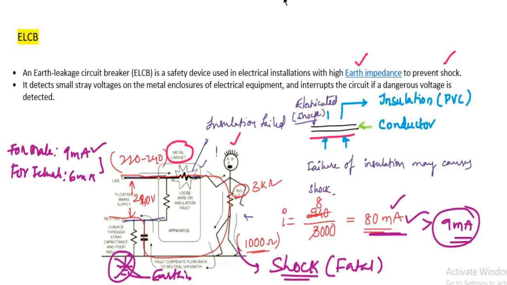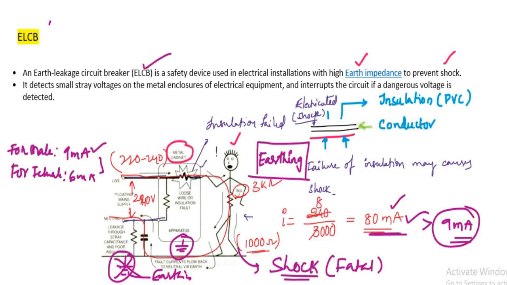So in order to prevent this action, we are going to use ELCBs, that is, earth leakage circuit breaker. Generally this is prevented by a phenomenon called earthing, which I am going to discuss later. This is why we earth any device, so that the human or operator handling the device will be free from shocks or electrocution. Now let us go back to ELCB, earth leakage circuit breaker. To prevent this action, we are going to earth any device here. This is nothing but earthing here.